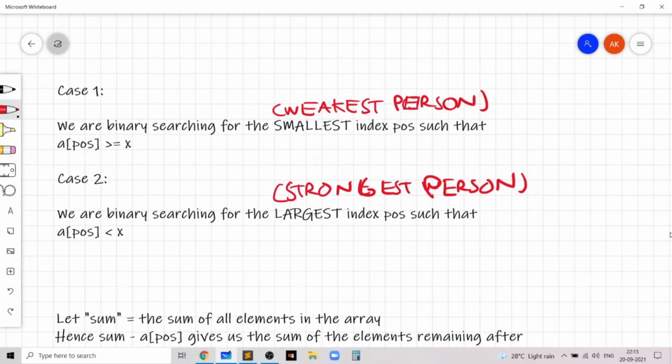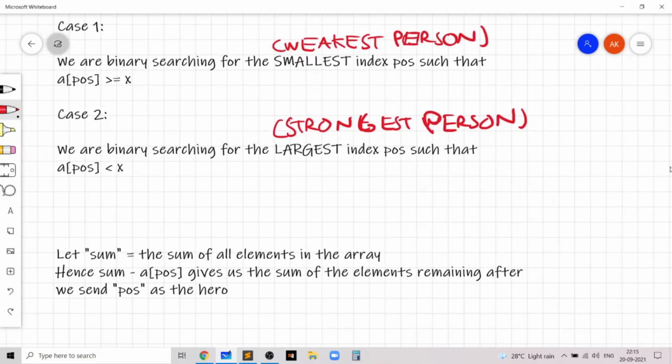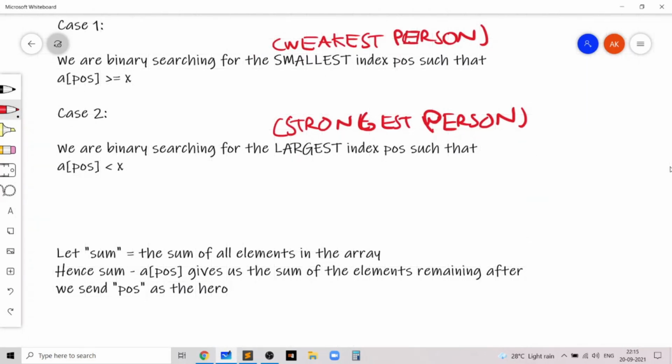And we know that sum minus a of pos gives us the sum of the elements remaining after we send pos as the hero. In both the cases, we are binary searching for the position, and this position pos is actually our hero. So the remaining elements are going to have a sum of sum minus a of pos. And notice that we need a of pos to be greater than or equal to x, in both the cases.